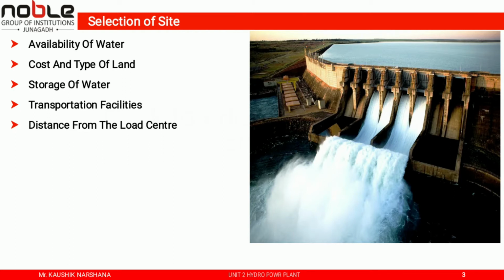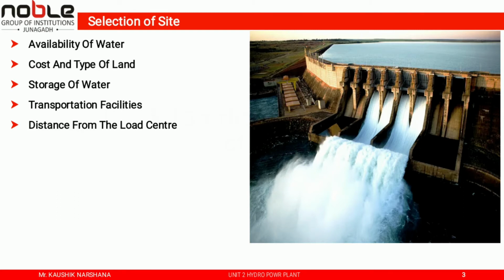Here the difference between the catchment area and the reservoir must be understood. The catchment area is the area on the upstream side of the river over which the rain falls and the rainwater is collected in the reservoir. Thus, the catchment area depends upon the geographical condition and it is natural.